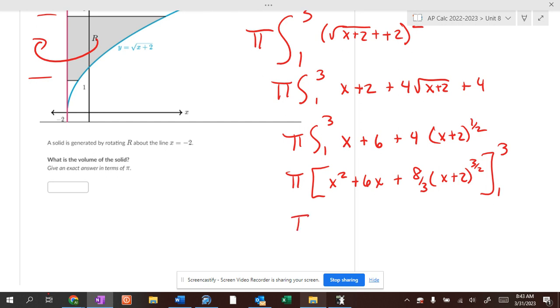So that's pi. And then so it's 9 plus 18 plus 8/3 of 5 to the 3/2 minus